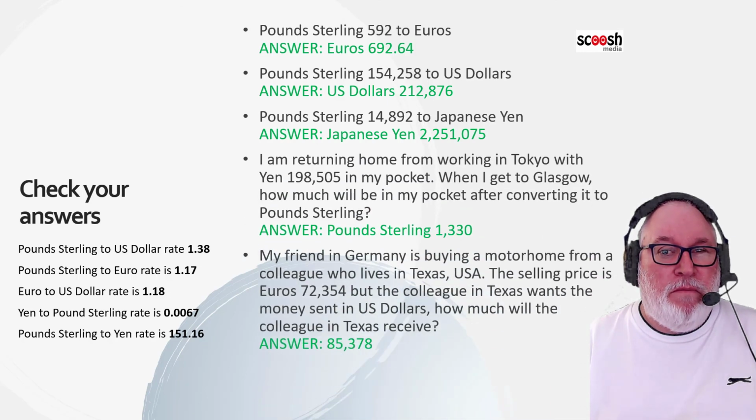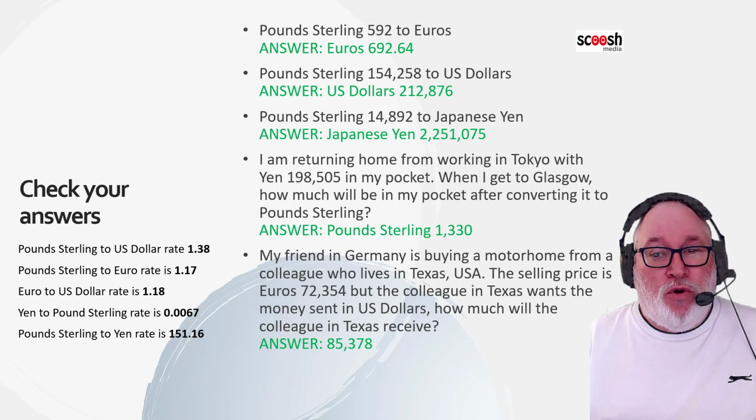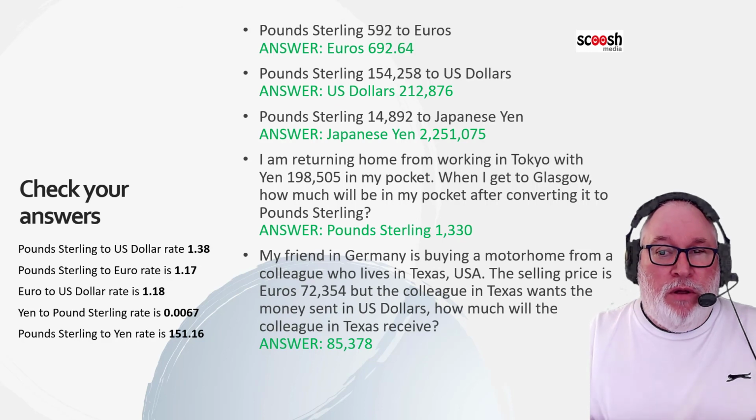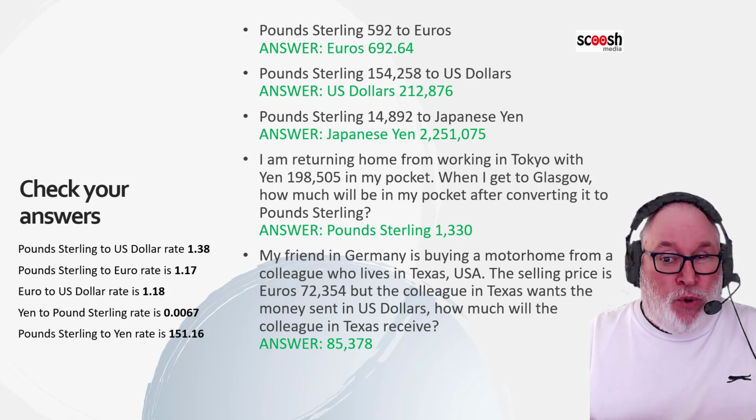Okay, right. So when we're talking about that motorhome, selling price quoted in euros, 72,354. They would get US dollars. Now, I've not put the US dollars in there, but I should have. US dollars,